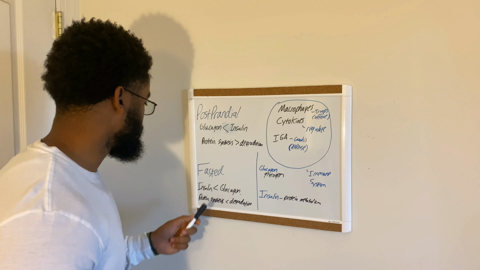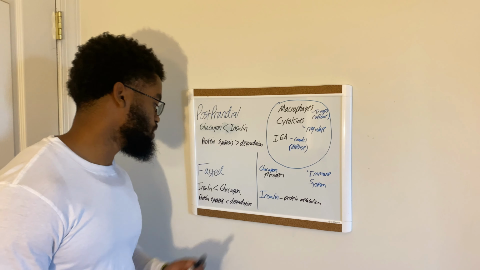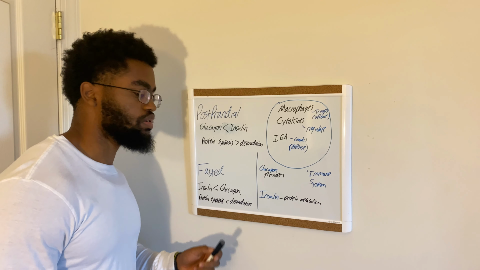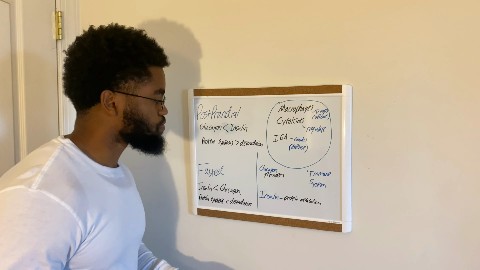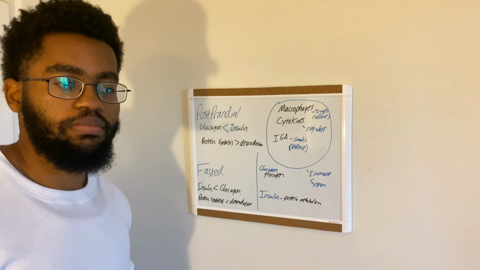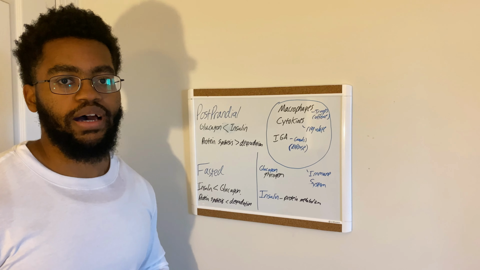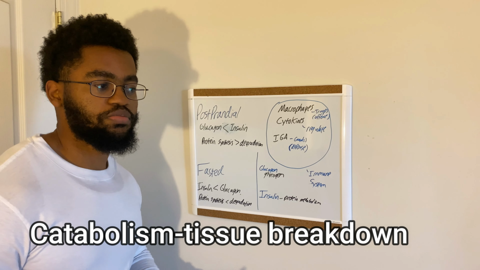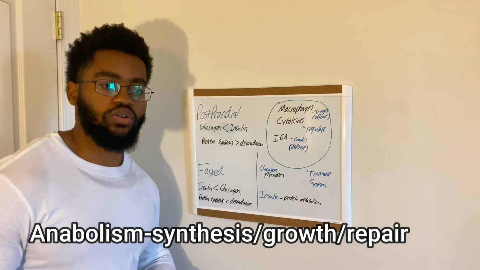When you are fasted, the ratio of glucagon to insulin flips. Insulin drops, glucagon increases, protein synthesis decreases, and protein degradation increases, okay? I'm going to come back to this. Insulin and glucagon are basically two secretions that are responsible for the metabolism in your body, right? When you think of glucagon, think of catabolism. Catabolism is basically another word for breaking down, and when you think of insulin, think of anabolism or growth and repair.